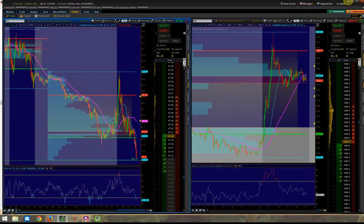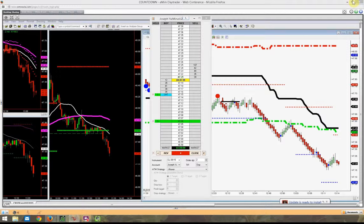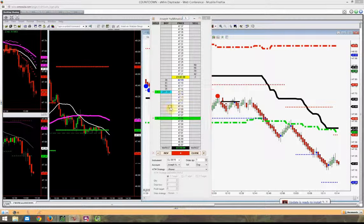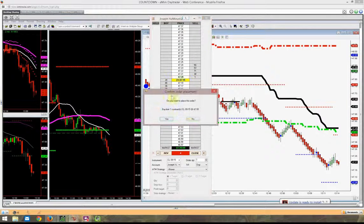All right, this thing's moving down. Let's see. So if it doesn't push down further, but once it breaks 47.15, it should hit that 47.06. But it's just a really strong level. I just don't want that thing to bounce anymore. So what I can do is I'm going to leave one there, and then I'm going to go ahead and take out one now